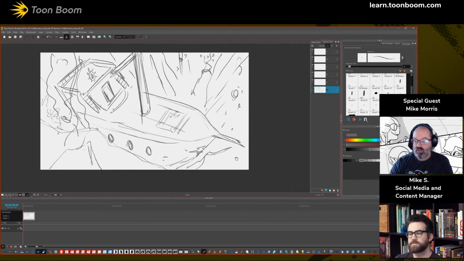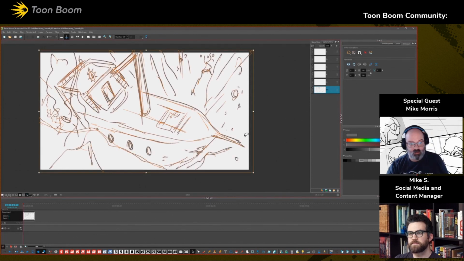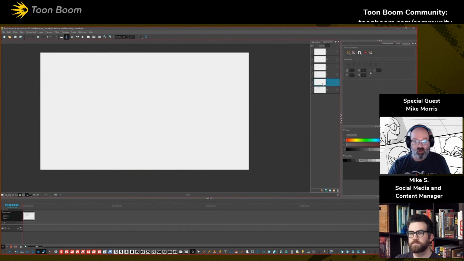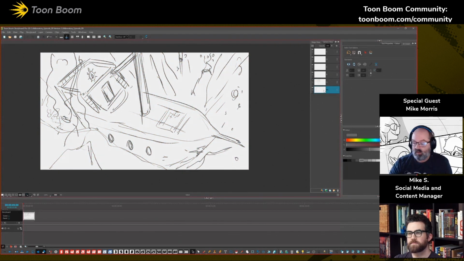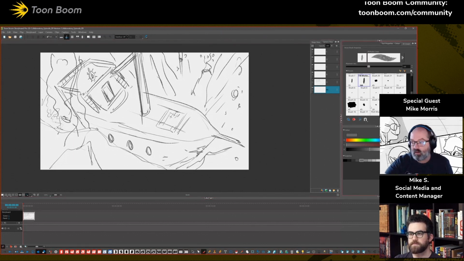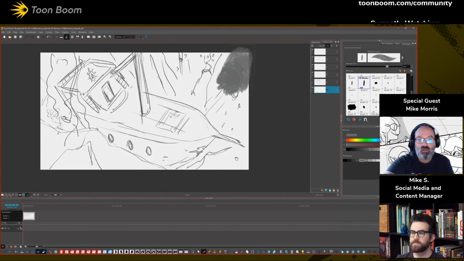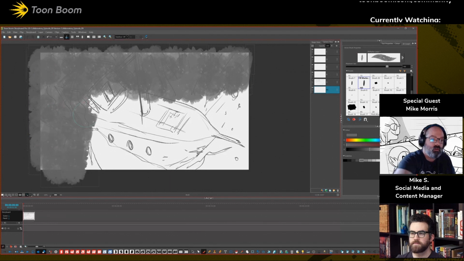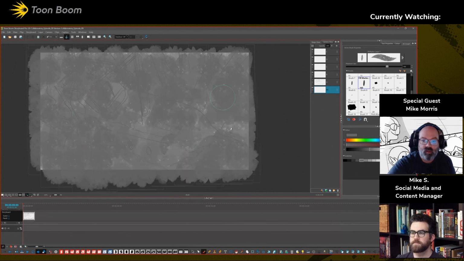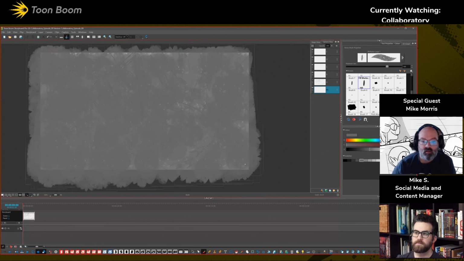Okay, so here's our prison ship. Just to give it a little bit of flavor, I think we just need to lay down some easy tones underneath. One of the things that I like to do is if I'm going to put tones underneath something, I'll put it on a separate layer underneath. Even though this is a BG layer, I think it's important to have something there that you can draw on top of. So let me make my brush bigger and give it an overarching tone. I like to use my textured marker brush because I think it looks fun. And that's going to snap underneath it